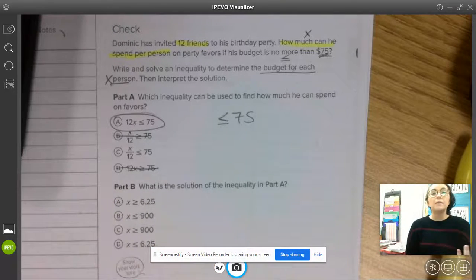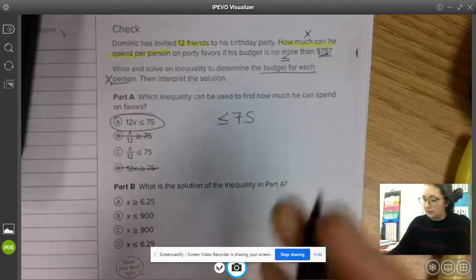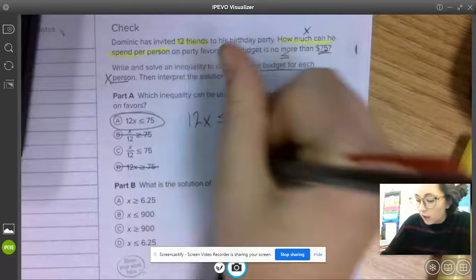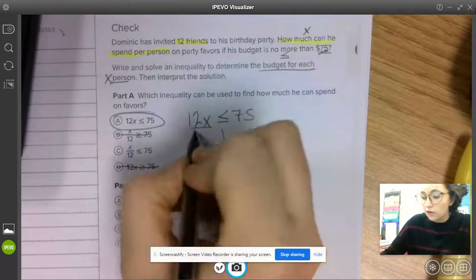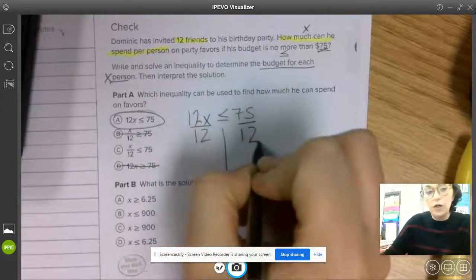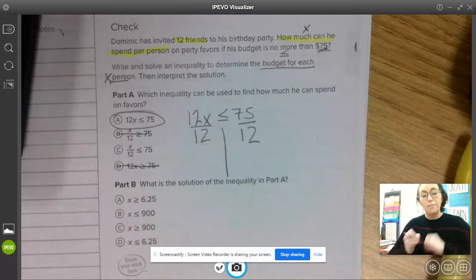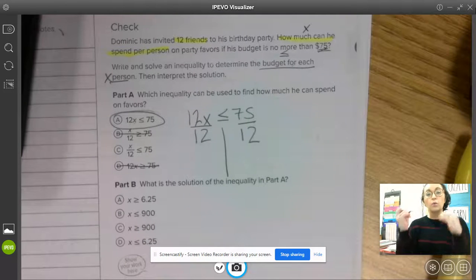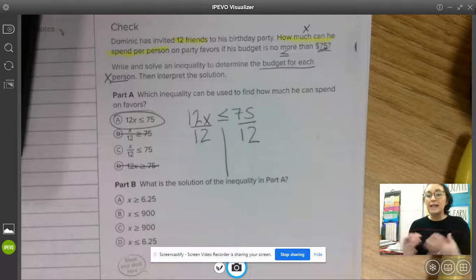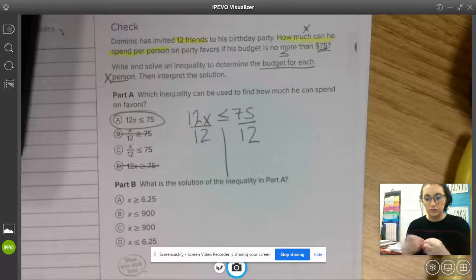Now, some of you may be saying, but I need to divide that 75 by 12 to figure out how much. And that is exactly right. You are. But it's because you are going to solve this equation. And you undo multiplication by dividing. Okay, so your thought was correct, but we were asked to write the inequality first. Okay, and I'm calling